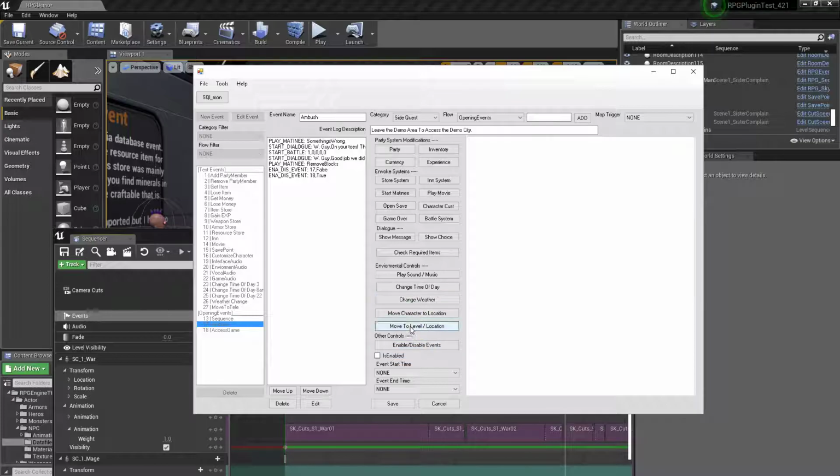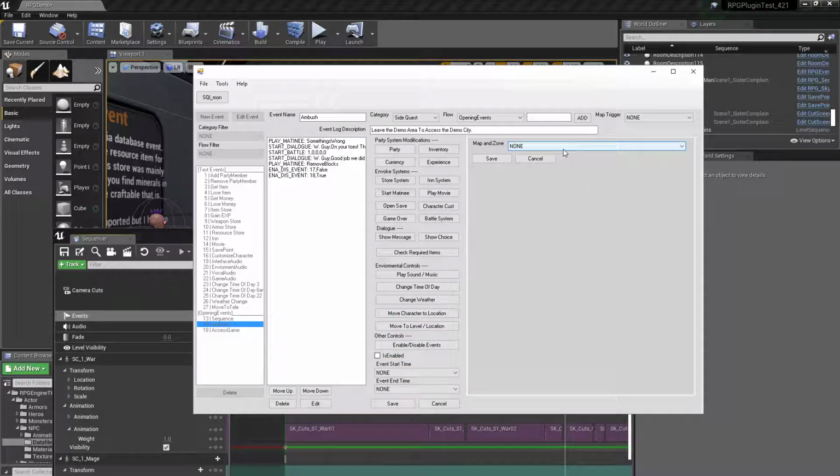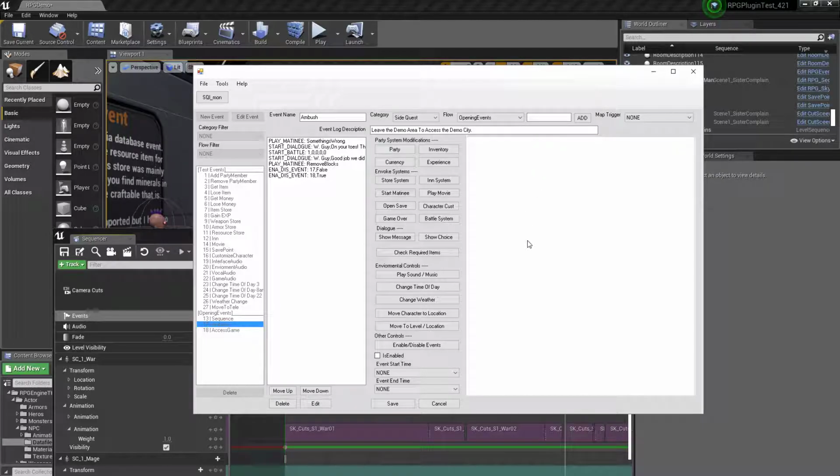So if we go to move to level or location, we can set up a specific level and a specific point in that level that we want to load the character in. That's not a regular zone point or beginning of the map or a docks area. If we were supposed to be in the commissioner's house, for instance, we would make a specific entry inside of the map zones and say this is the commissioner area with this specific location for your actor to start at